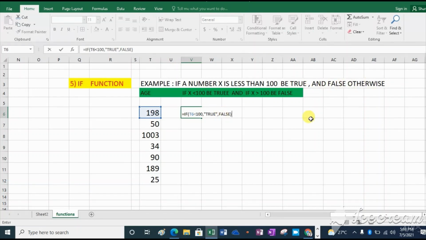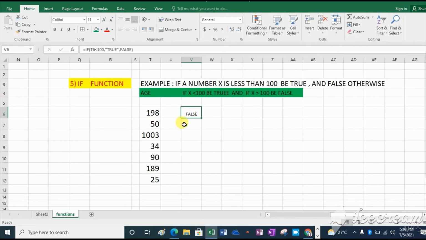Then after you click enter, you will see that 198 is not less than 100 as the condition we have put in here, so that's why it is false.